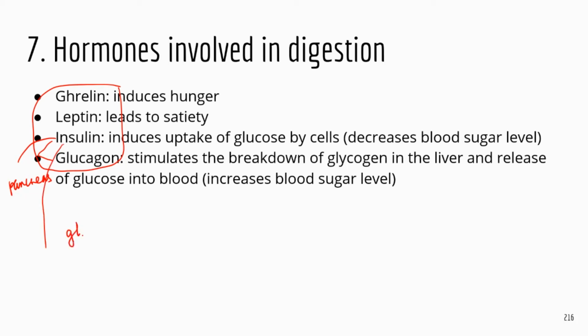Now, glucose is the universal cell fuel. Okay, so this is how a cell can obtain energy to survive. Glucose comes from your food, right? So remember, after the carbohydrates are broken down to glucose, glucose will be absorbed in your GI tract and enter your bloodstream, right? And then the bloodstream can deliver glucose.